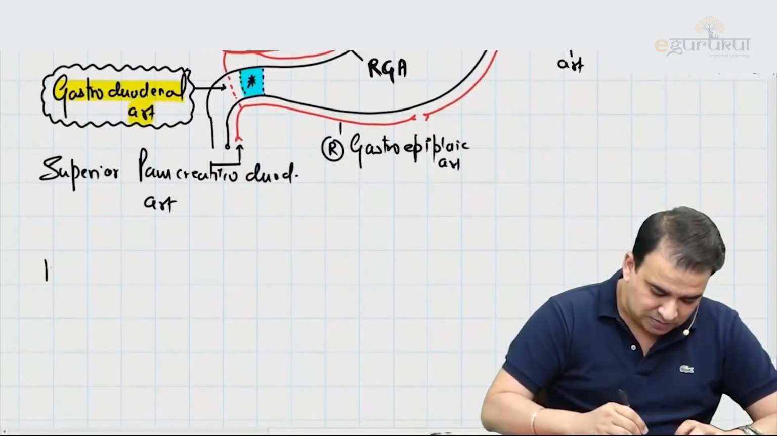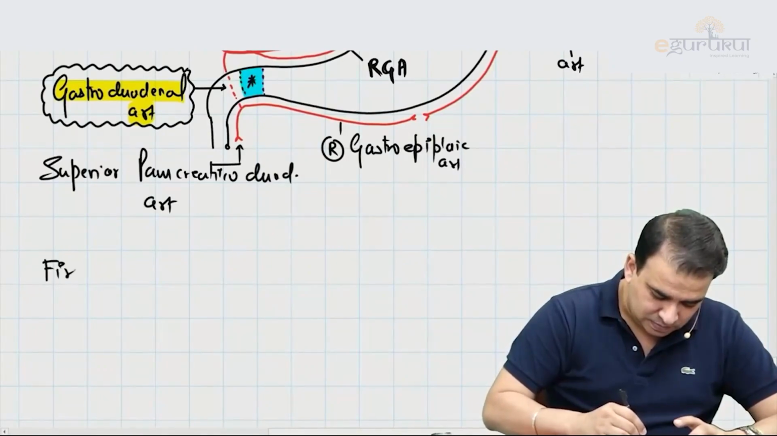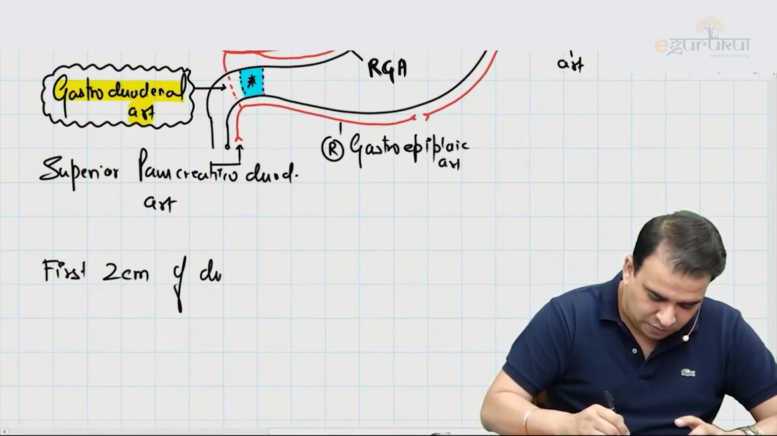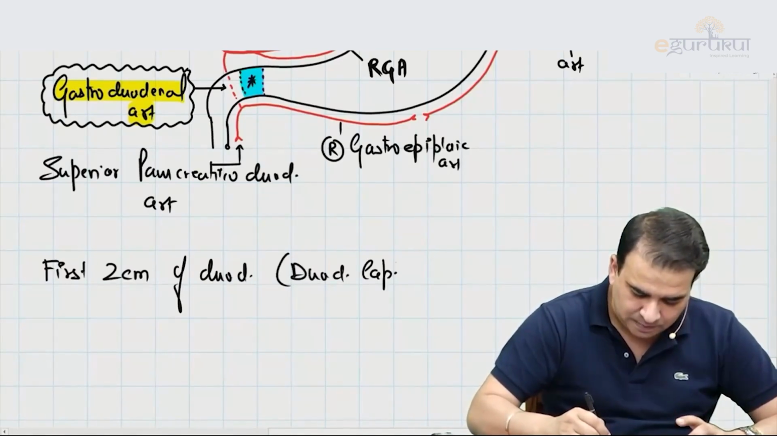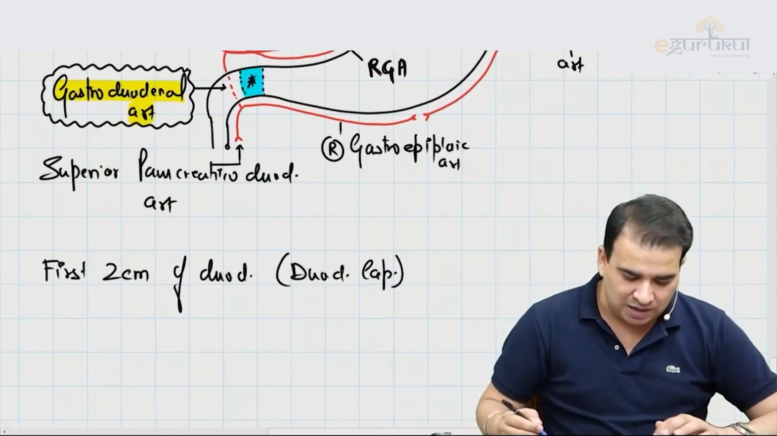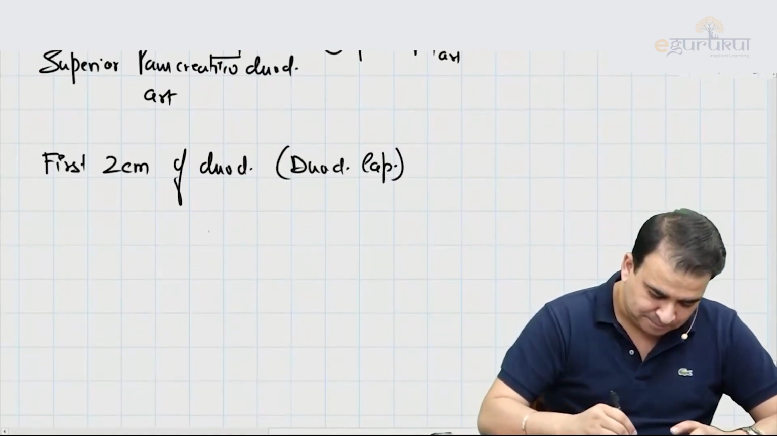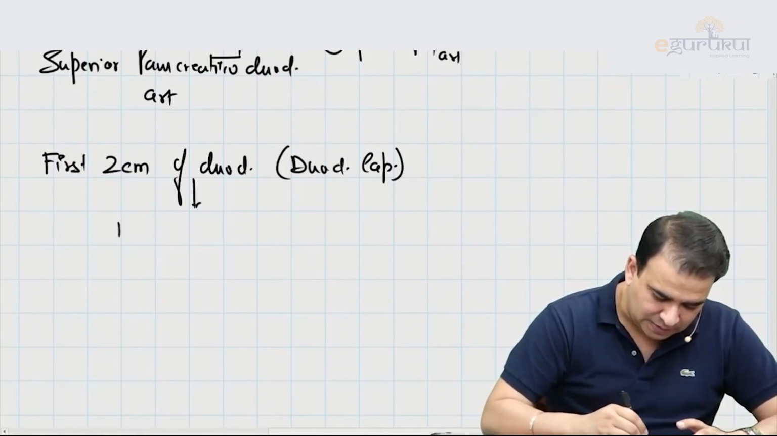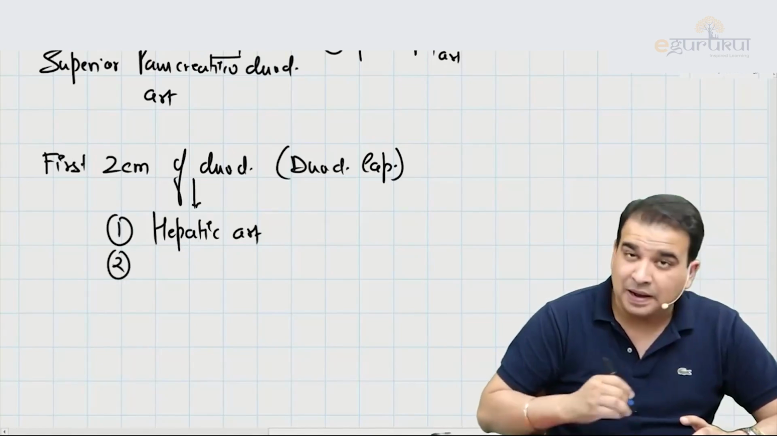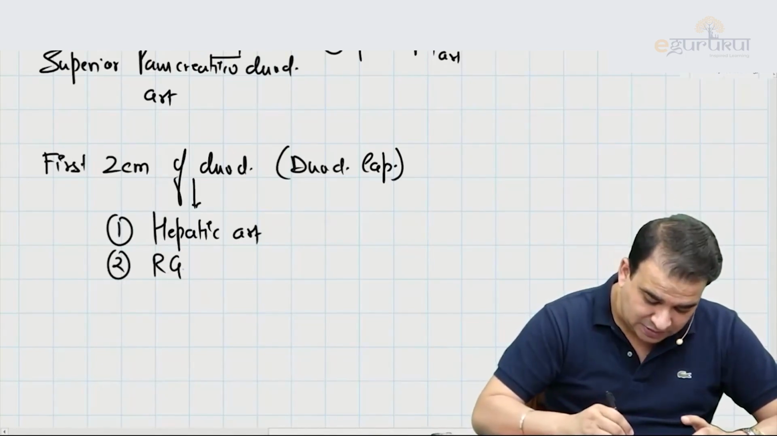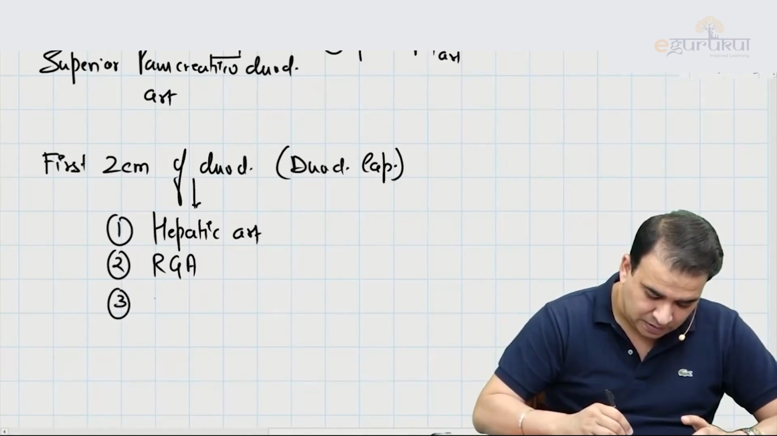The first, or you can say the proximal 2 centimeter of duodenum, or so-called duodenal cap, it is supplied by what artery? It is supplied by the hepatic artery. It is supplied by the right gastric artery. It is supplied by the gastroduodenal